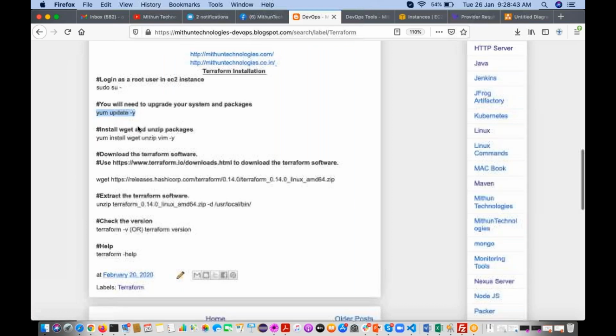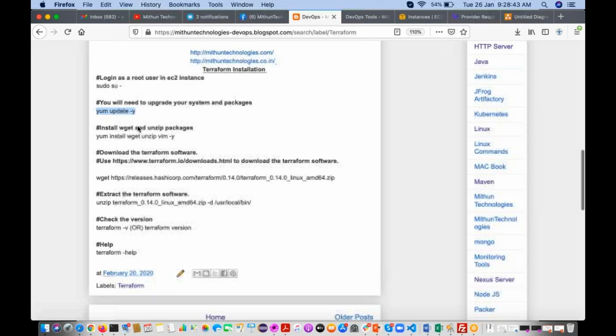Then you can install wget, unzip, and vim packages on this EC2 instance. Why? Because by default these packages are not available in any EC2 instance.